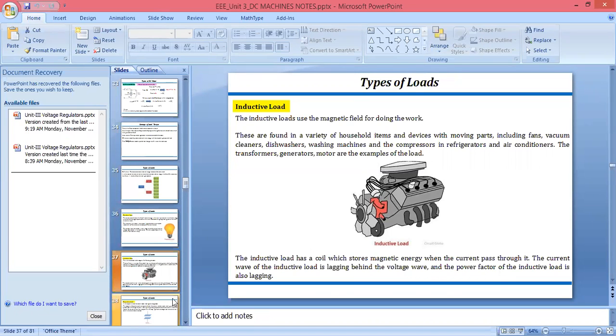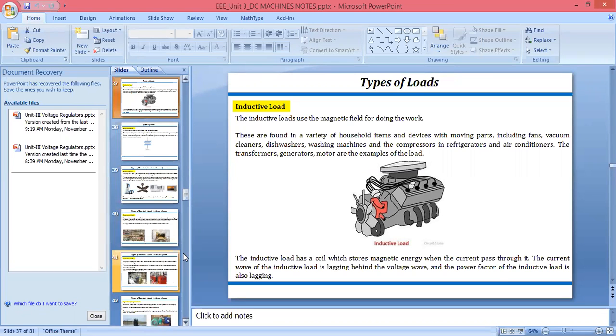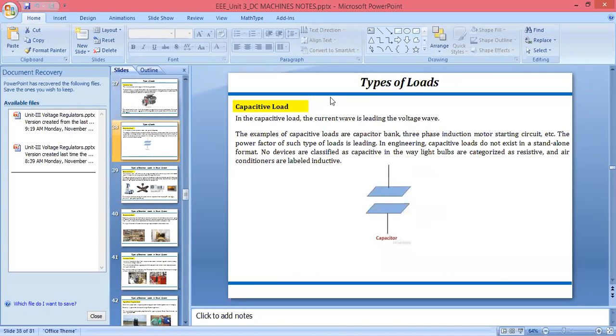Now we can see about the capacitor. When we are using the capacitor, we know the capacitor can store the charge. If you see our fan, if the ceiling fan ever stops working and you open it up, there also we use a capacitor. Why are we using the capacitor? Because the capacitor is used to store the charge.